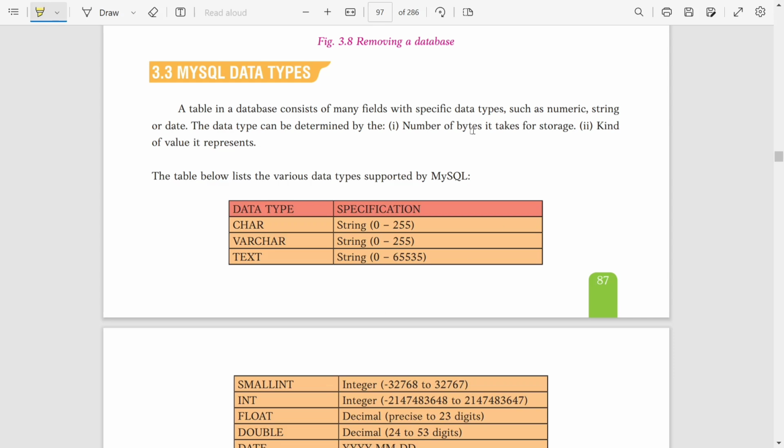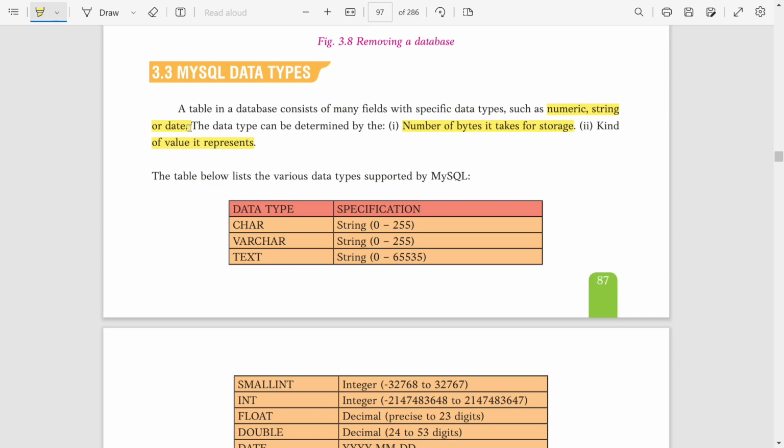The points are the number of bytes it takes and the kind of value it represents. And name the different types of data supported in MySQL. The answer is numeric, string or date. These three data types are supported in MySQL.